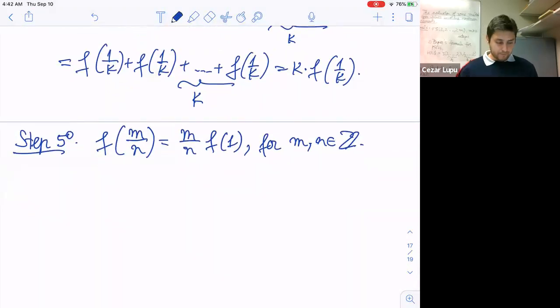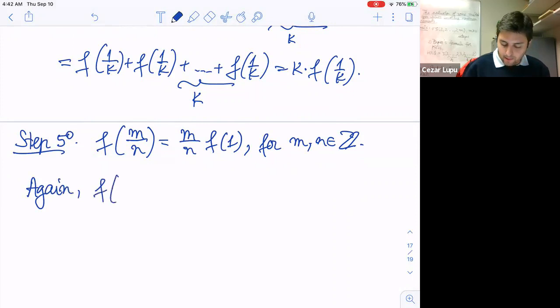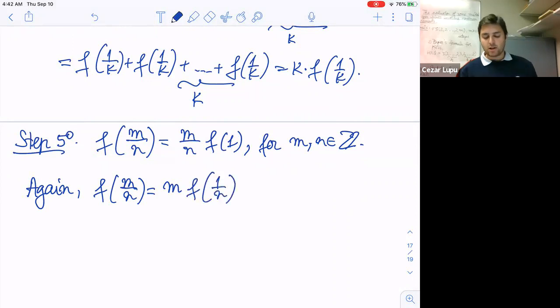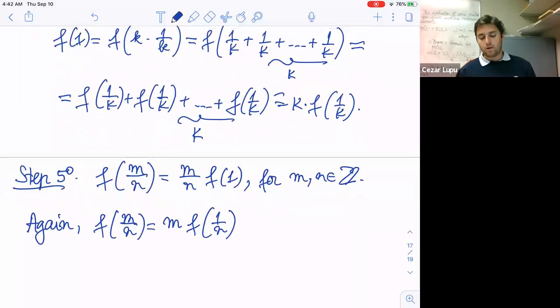Well, again, f of m over n, which is going to mimic what we did earlier. And this will be nothing else than, well, I'll leave it to you as an exercise to figure it out, that this is nothing else than m times f of 1 over n, which is going to work the same as what we did earlier, but instead of 1 over k,